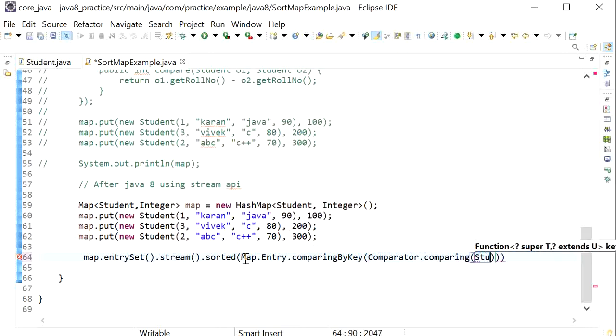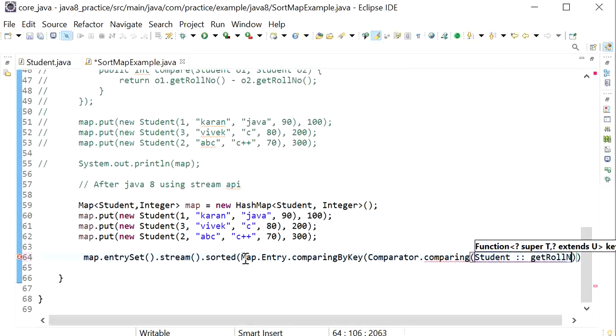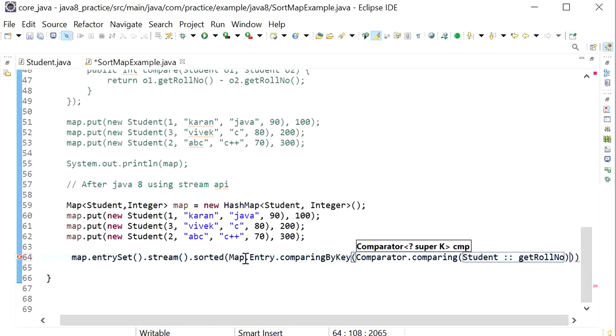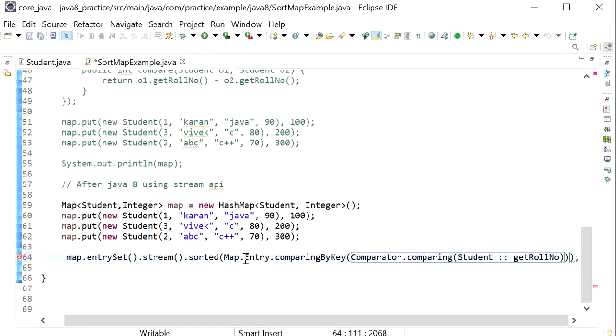So here we will use a method reference. I will call Student::getRollNumber. So it will provide me the map object in sorted order based on student roll number. After that we just need to print all elements.